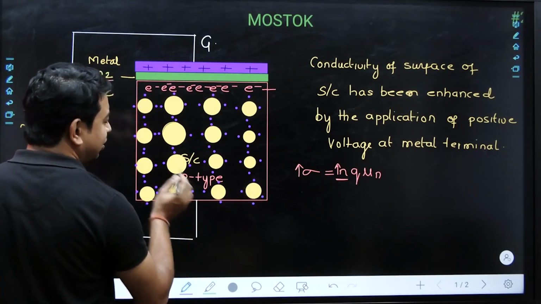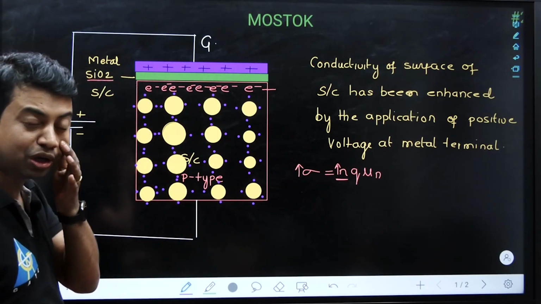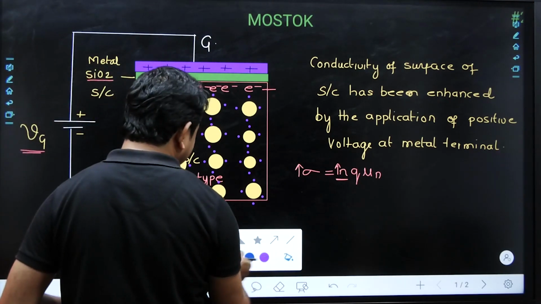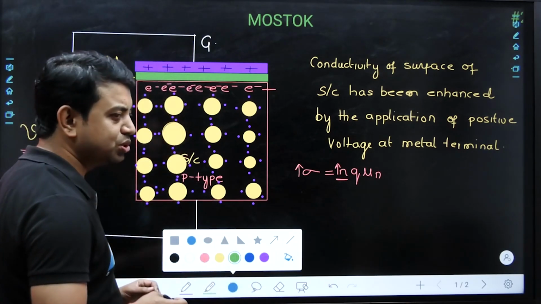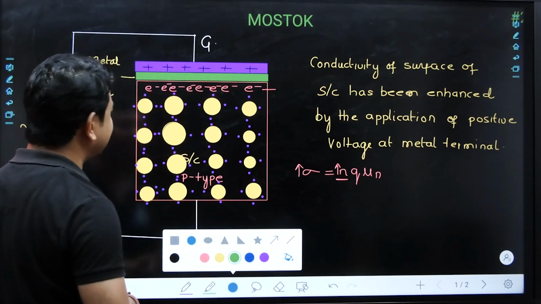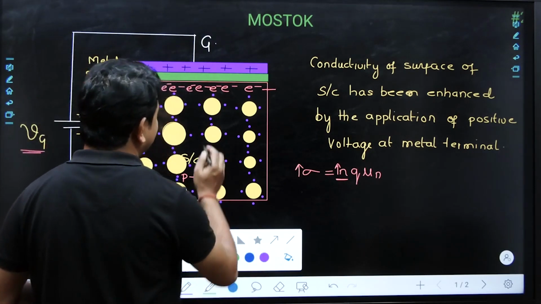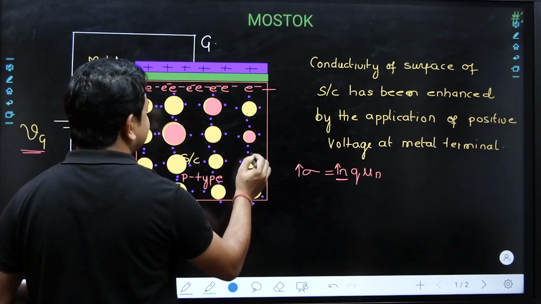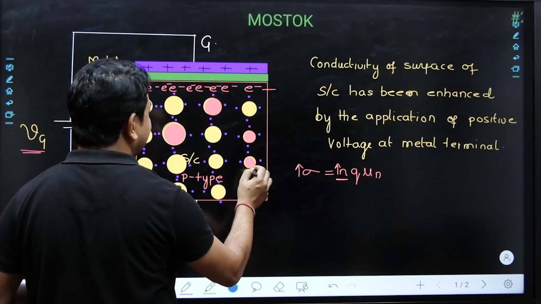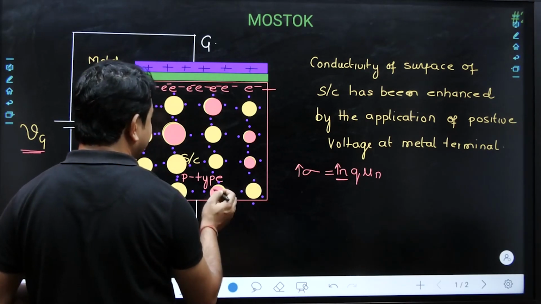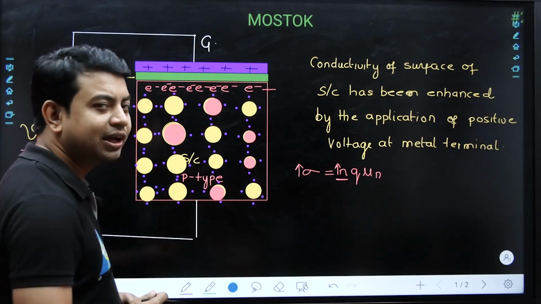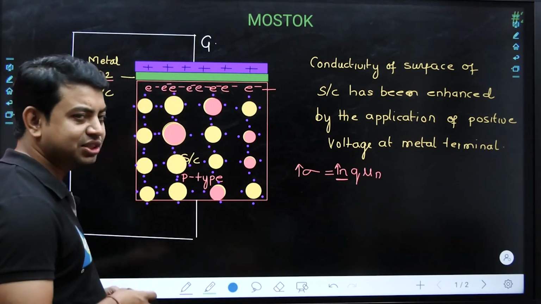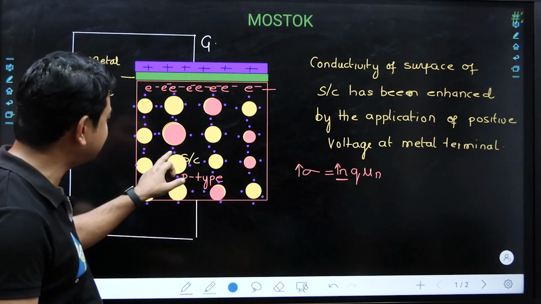But if you talk about a p-type semiconductor, I already taught the p-type semiconductor in my crash course of GATE Academy Global. You can look at it from there. I am changing the color so that some of the atoms can be replaced by p-type material, either boron or aluminum. In a p-type semiconductor, we generally have one vacancy. We don't have 4 electrons like this, 1, 2, 3, 4.